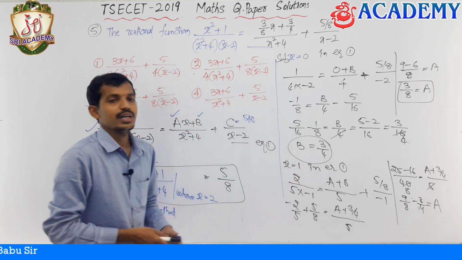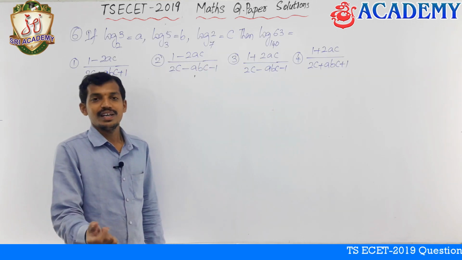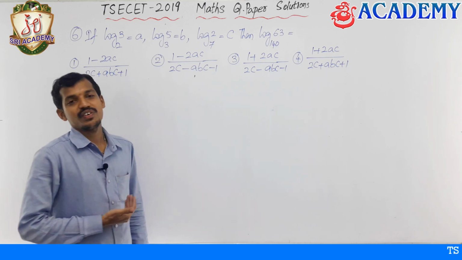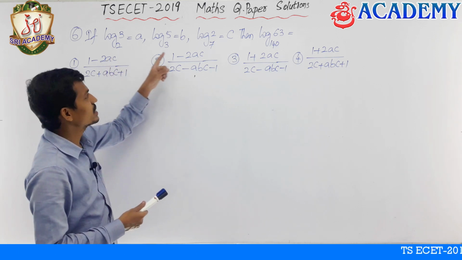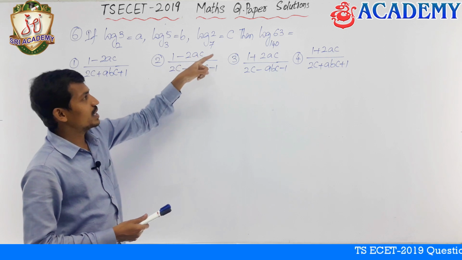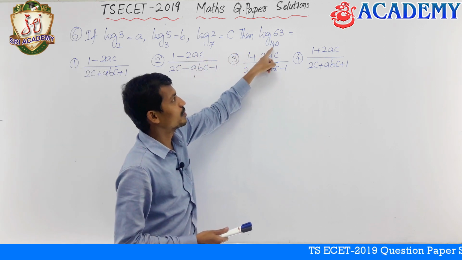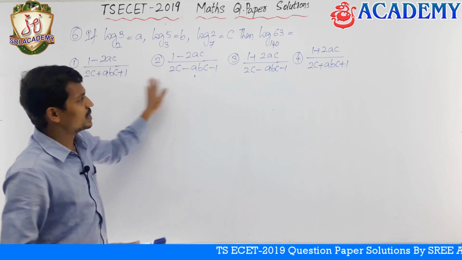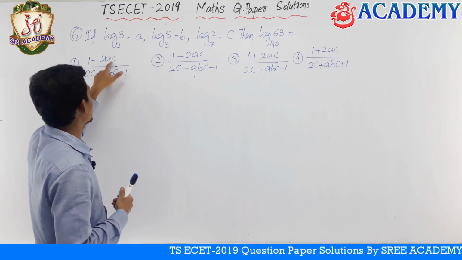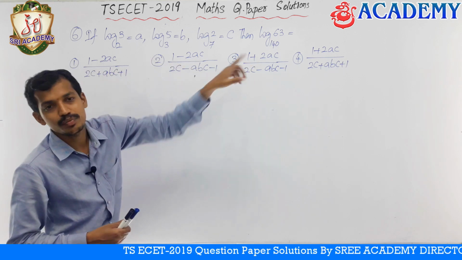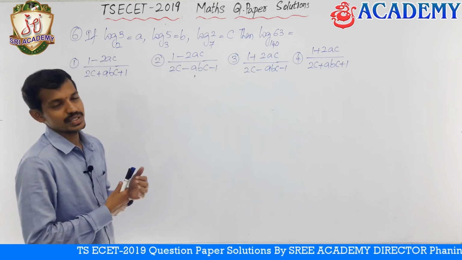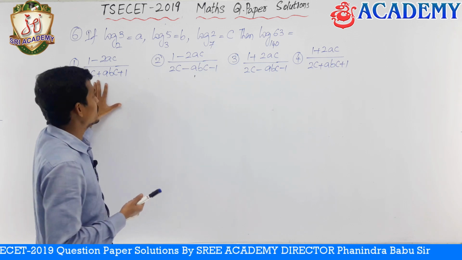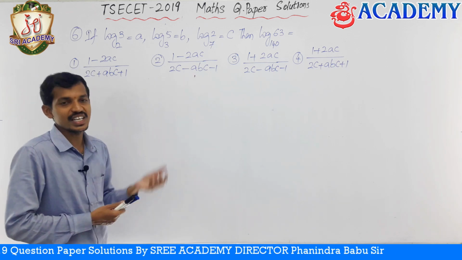Okay, let's see another problem. This problem is a basic problem based upon a logarithmic function. He has given a, b, c values and is also asking for log 63 base 140. By using this, we can't separate this into a, b, c directly. In these options we have some values. Here we have 2ac and 1 in each and every numerator, with a summation or subtraction. In the denominator we have 2c and abc and 1, in summation here and subtraction there.